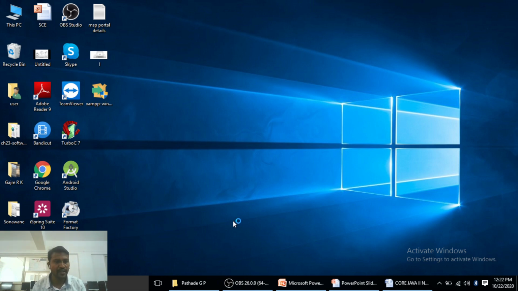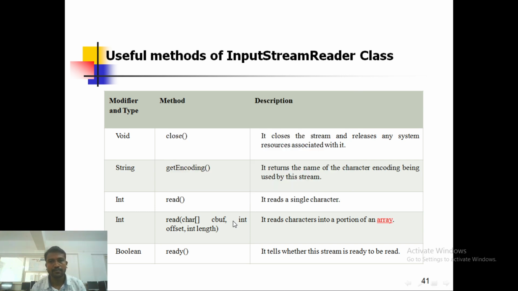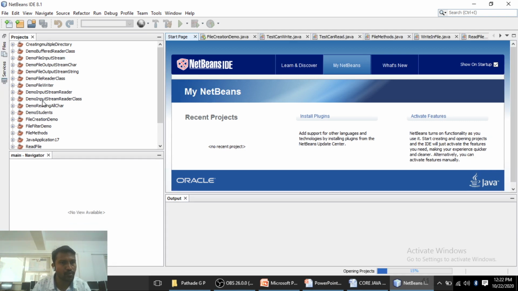Opening the NetBeans IDE 8.1 again. So the NetBeans IDE 8.1 is opening. What is our program name? That is demo input stream reader class.